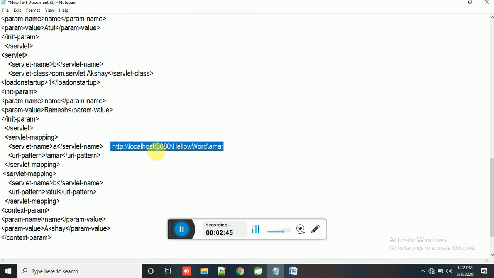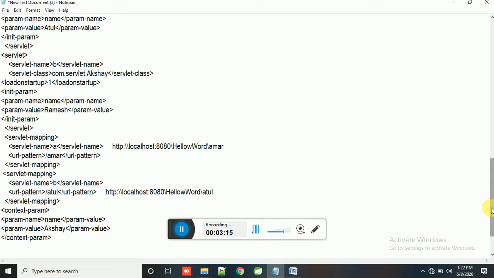It will continue your work using the same object. And the second URL pattern is /auto, because your mapping for servlet B is auto. In all cases, it will create only one object. It is a singleton.